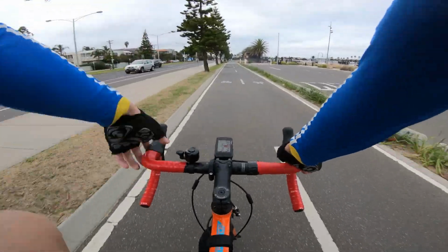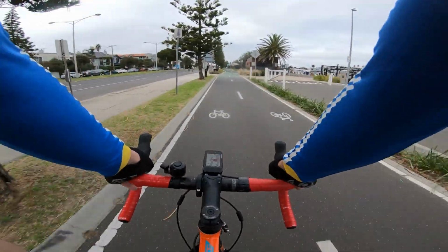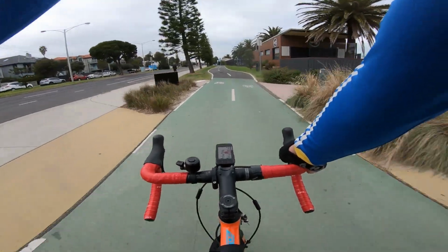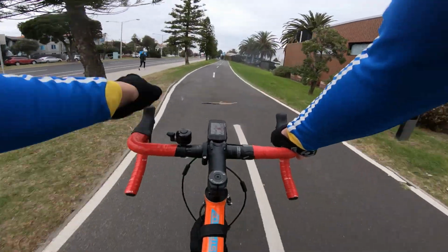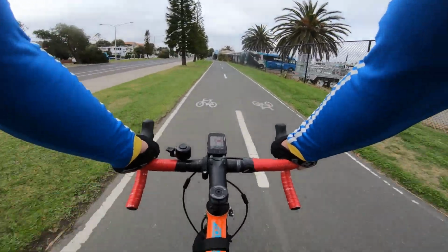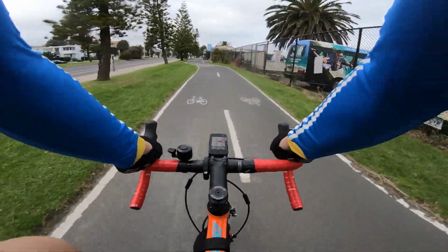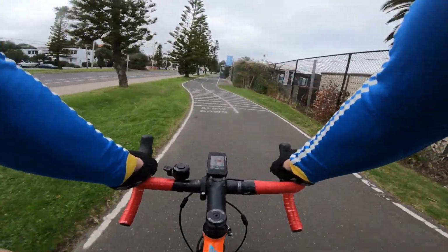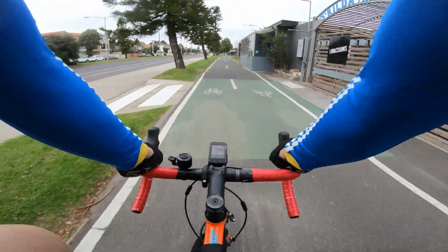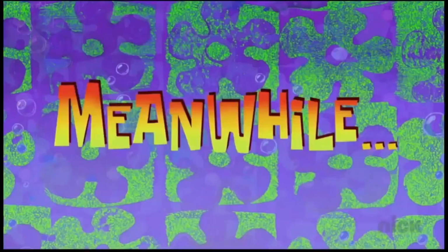So one thing good about this section of this Bay Trail, it is because it was listed as bike only. I actually mentioned it, it's not a share path, it's only for bike, for cyclists, and even some signboard actually mentioned as well. So it's a lot safer and to avoid pedestrian. Of course, there's still some pedestrian, just understand, and start to walk on this trail. So you still have to be careful. Meanwhile,